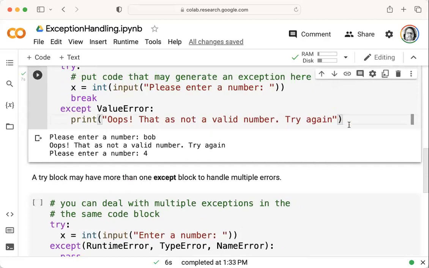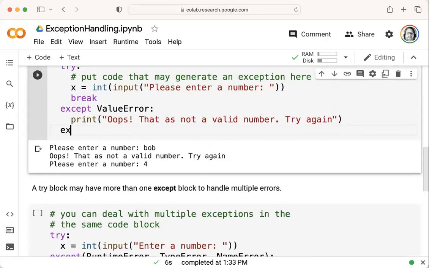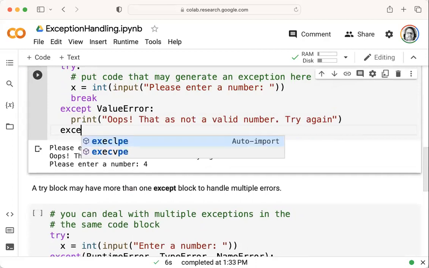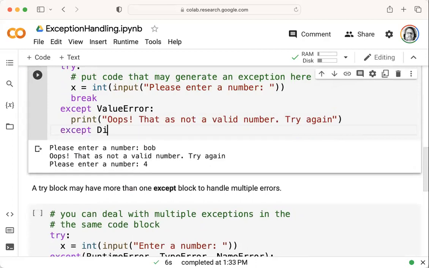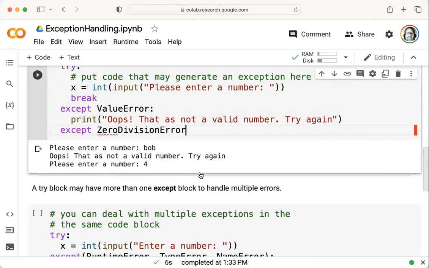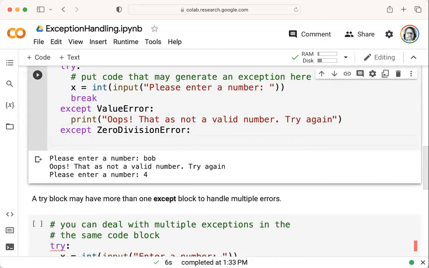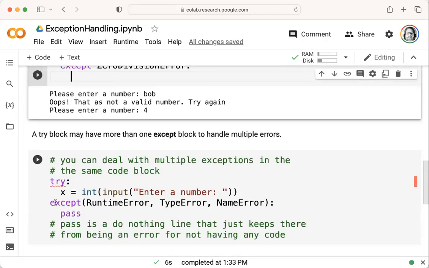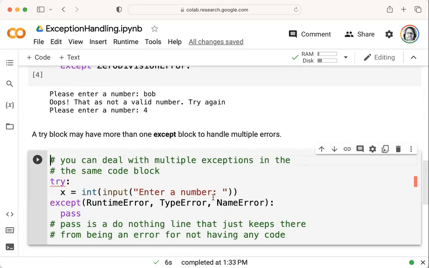So I could again do something like except ZeroDivisionError. As you start typing it in, at least in Colab, it gives you those error messages. Then I would have the code to deal with that, whatever it is. It's also possible to have one except statement that handles multiple errors. This one says if they get a RuntimeError or a TypeError or a NameError or whatever,